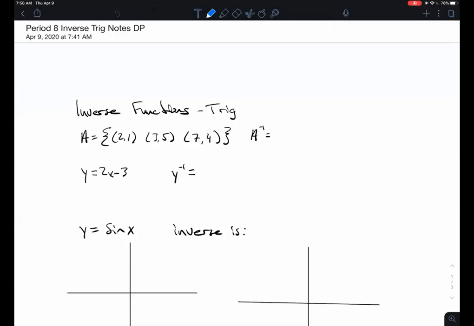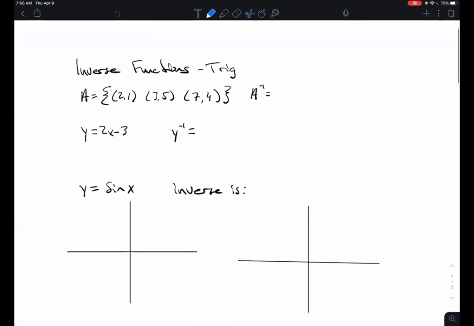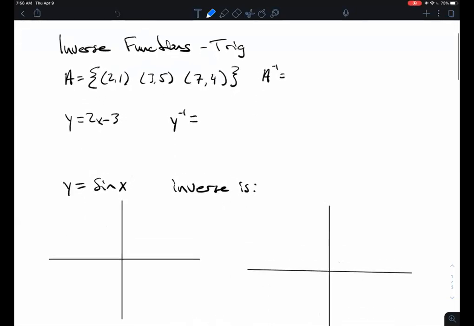So we are talking about inverse trig functions ultimately. And like I said, if you're able to have two screens and have these notes open, that's great. If not, just on a piece of paper, maybe jot some of these things down. But before we start talking about the trig functions specifically, if I just asked you about the